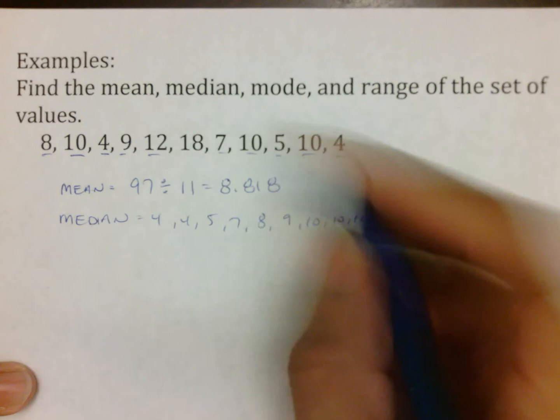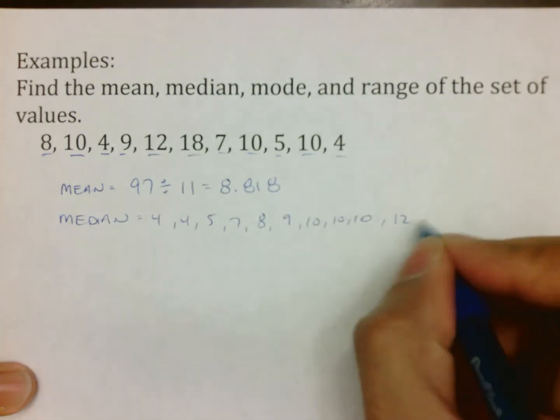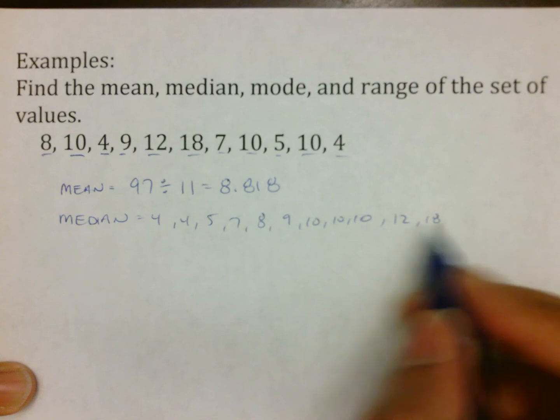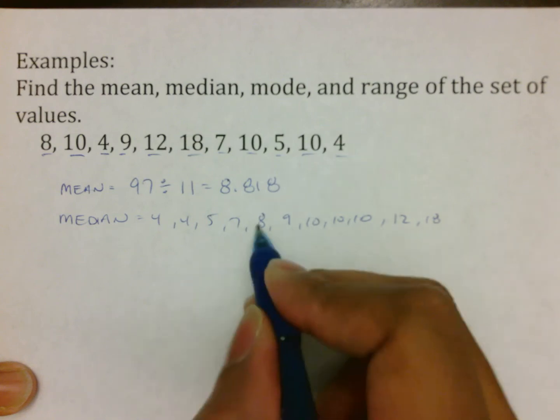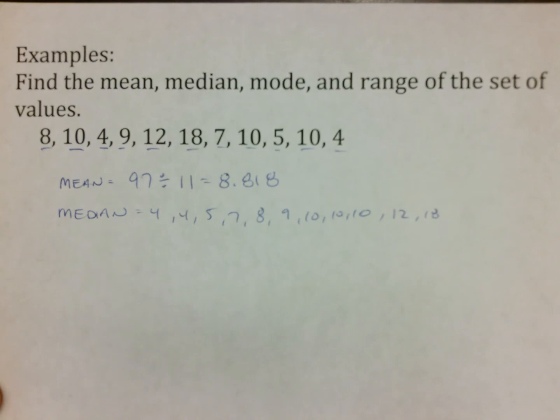No 11, there is a 12. Looks like the last number is 18. And again, to check, 1, 2, 3, 4, 5, 6, 7, 8, 9, 10, 11. Some of you who brought me your papers yesterday on the frequency tables and said you couldn't find out what